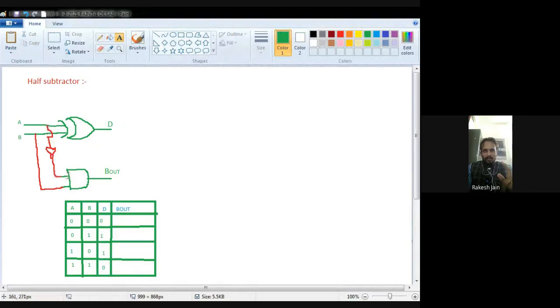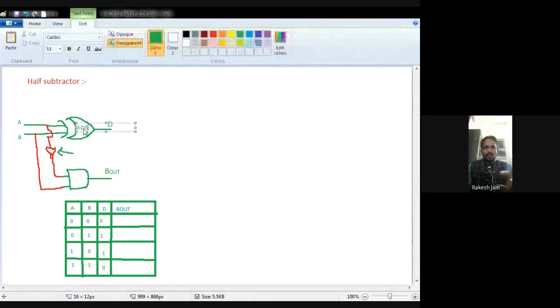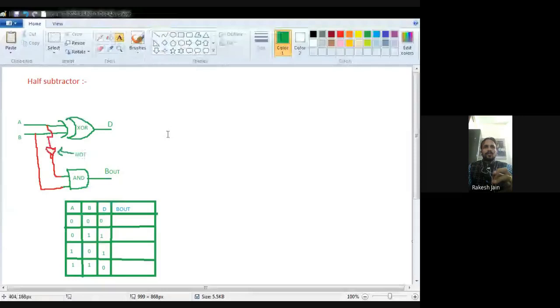Okay. And here the borrow output is such that, because of the AND gate, if any input is 0, the output is 0. But the first input A is coming as an input of this AND gate via a NOT gate, via an inverter. This is an inverter. This gate is your XOR gate, no problem. This is the XOR gate. This gate is your AND gate, yes, no problem. This is the AND gate, but this is a NOT gate in between the first input line